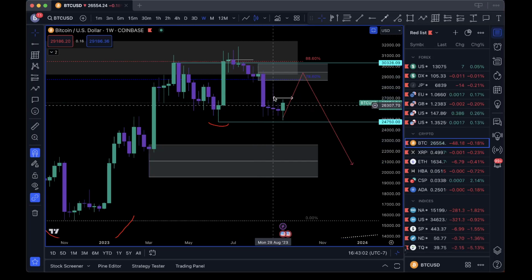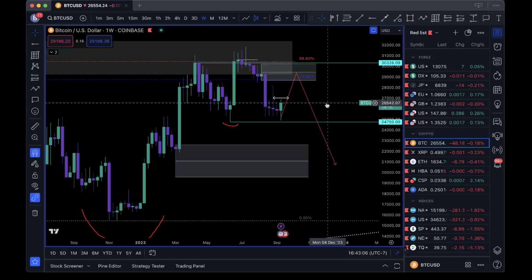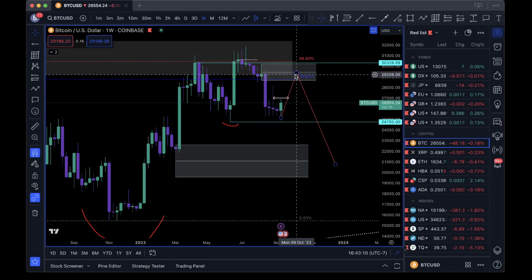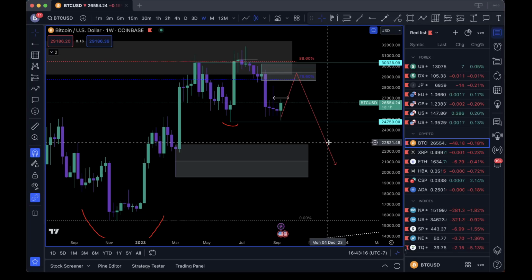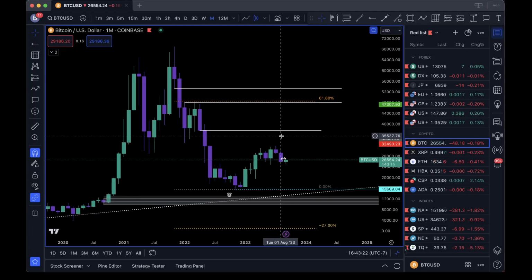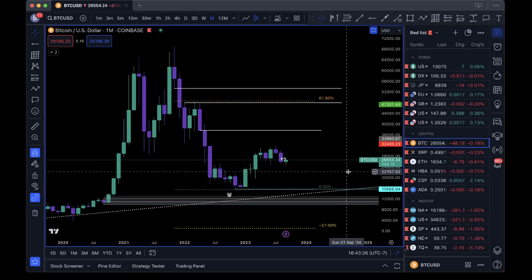Let me get rid of this, because this is the range we're playing in. We're just in a range, and we're at the bottom side of it. My anticipation is that we push up into the premium side of this range before further downside. I'm still bearish on crypto. I'm not looking for heavy buys just yet. If I was to scale in and start dollar cost averaging, it's going to be below 20K for sure.